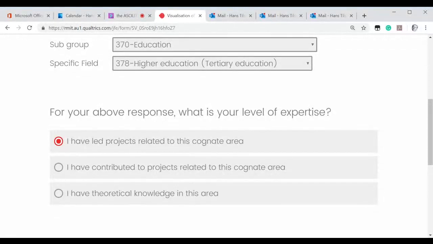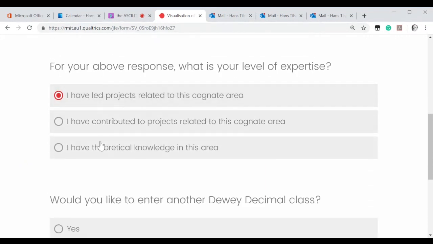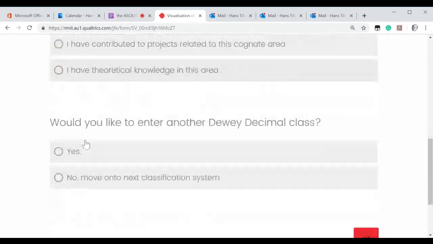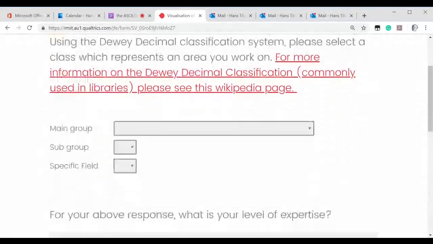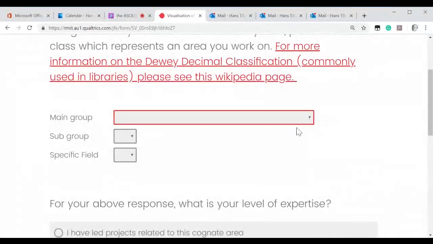So you might have nodes where you say, look, I've read about this, and then you would have a light node, or you might say, I've led projects in this cognitive area, and then it would be seen to be a heavier node. Then you have an opportunity to add more nodes. So you don't have to just represent your area as one Dewey Decimal call number. And so if you click yes and hit the red arrow, then you have another chance to represent yourself,